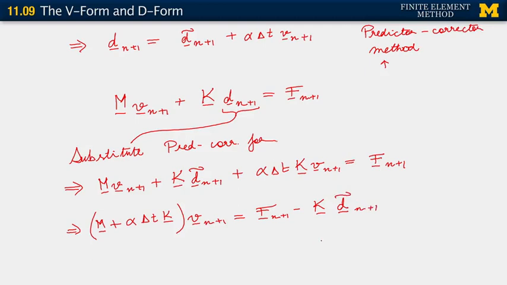Okay? We solve this equation for Vn plus 1, and we now have the corrector, right? Because then we can add Vn plus 1 from here up there, and we get the corrector step. All right? Right, so basically we solve